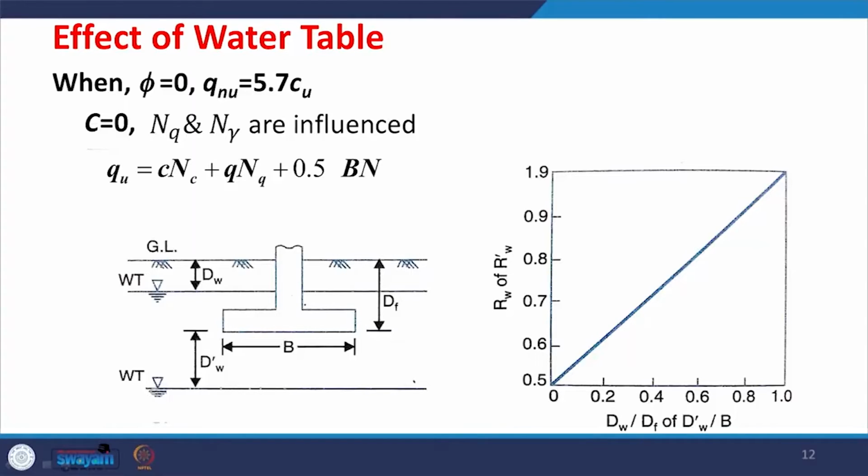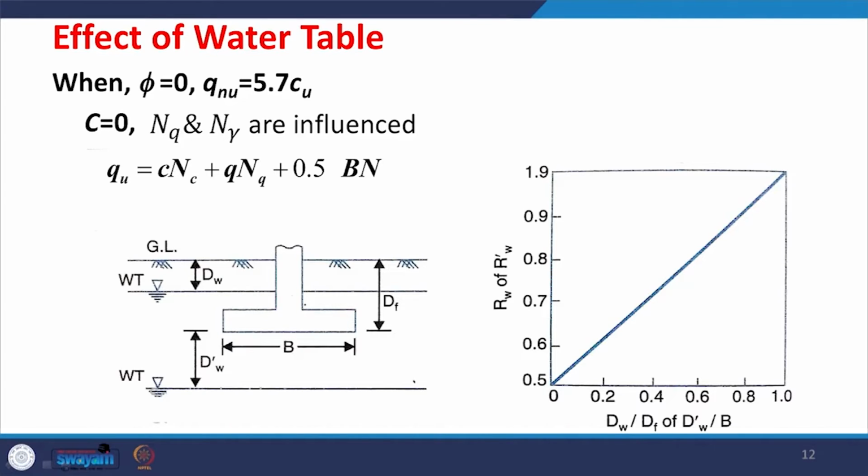Now, the question arises naturally, what do we mean by the water table being very deep? That has been made clear in this figure. You see in this figure, you have a footing of width B and Df is the depth of the footing. Df, the depth of the footing, is measured from the ground level, which is shown here, and in this case the location of the water table may be below the base of the footing. The base of the footing is here, so below the base of the footing, the water table is quite deep,